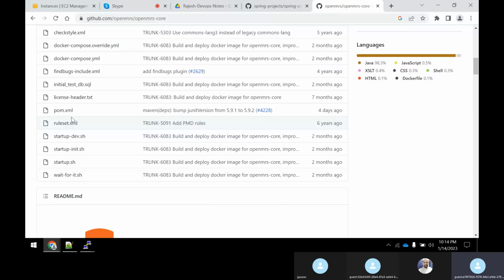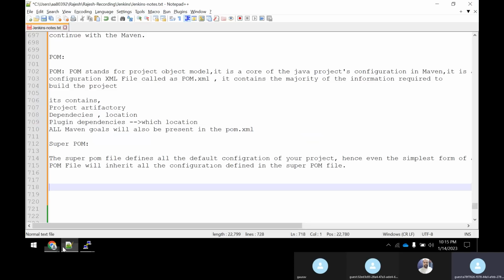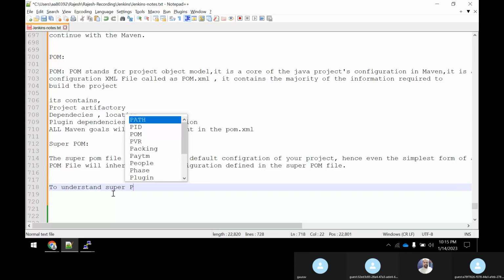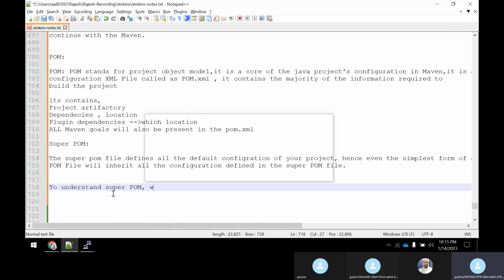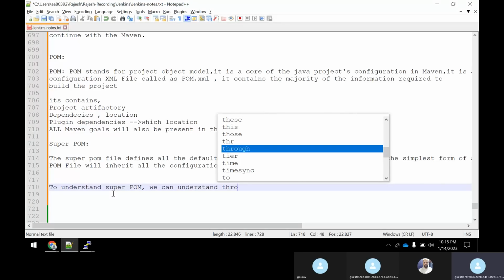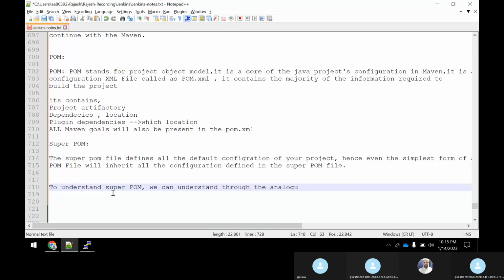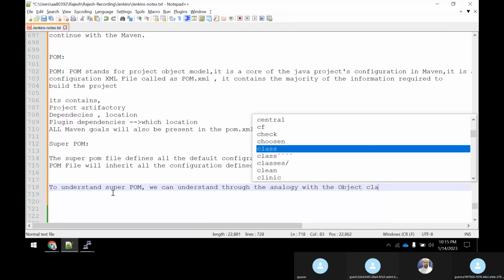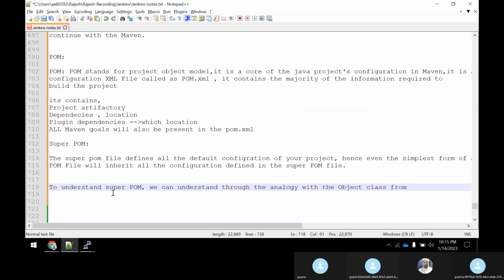So to understand the super pom, we can use the analogy with the Object class from Java.